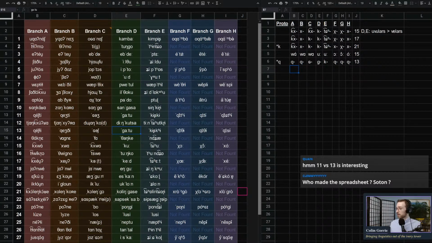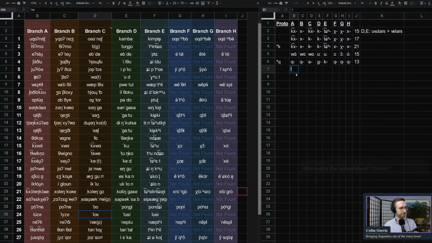Let's see. Had another Raven saying that L in 24 seems stable. Yeah, so we have actually, this is a really good one. I think we have every reason to hypothesize that our initial L is going to remain. And then we just don't have any of these words in F, G, and H, which is interesting. Whenever we're lacking a cognate, we're lacking them in all three of these branches, F, G, and H, indicative of something, perhaps.